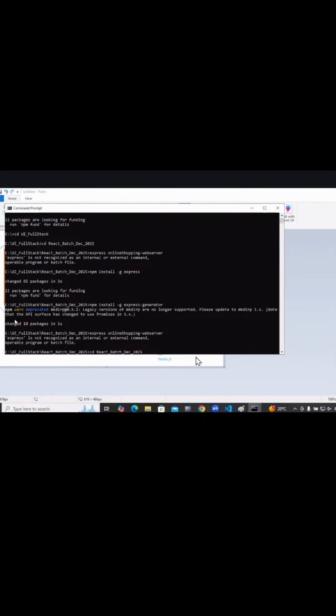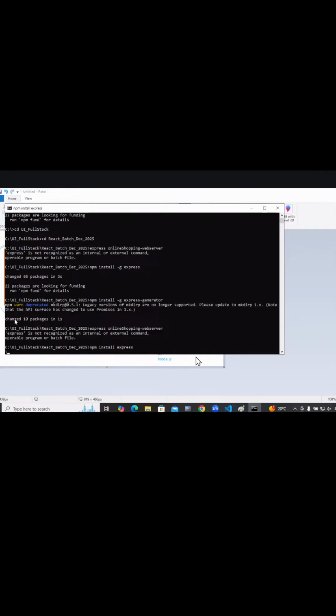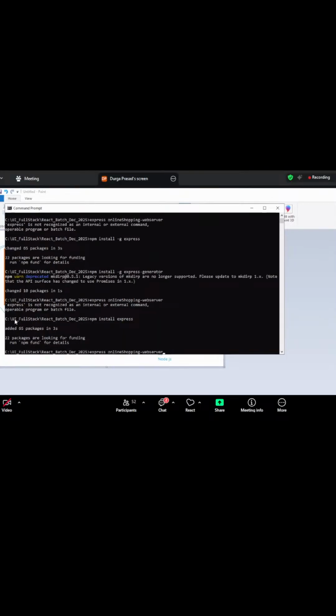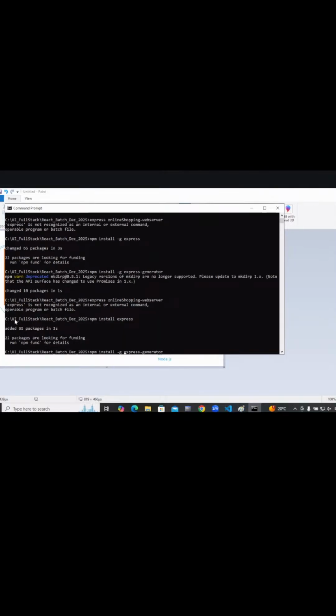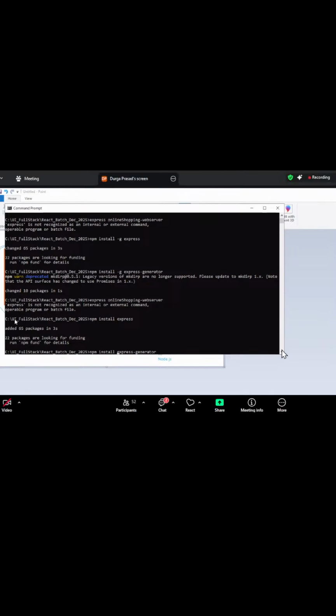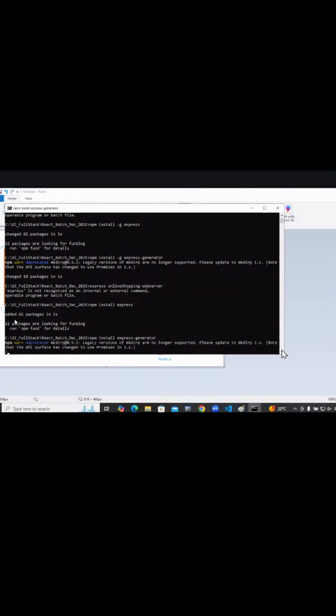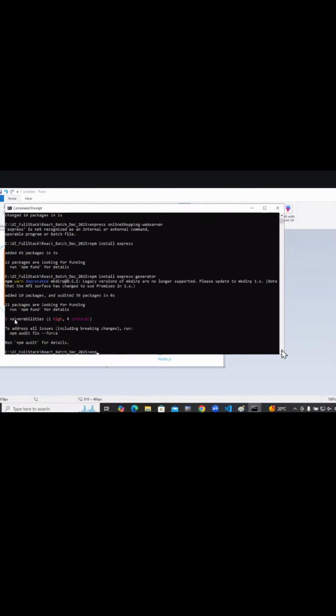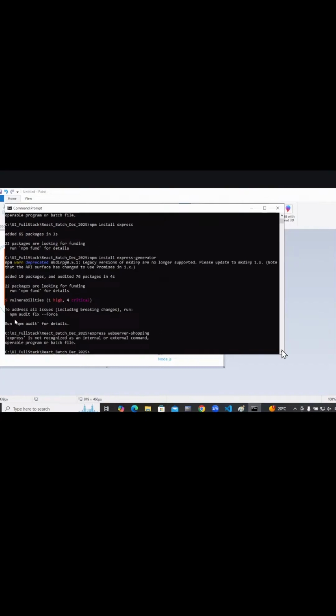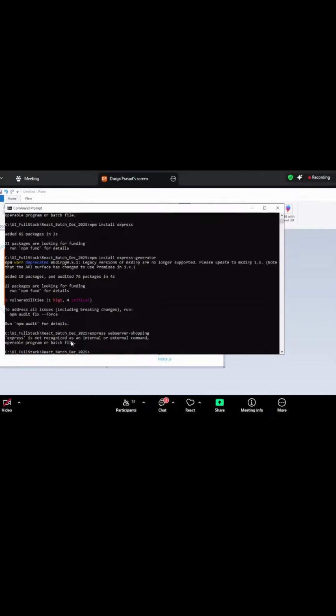Okay, let me do that within this local folder to not waste time. If I say npm install express, it will be only under this React batch. Wait, what the hell? Express is not recognized as an internal or external command. No operable batch file. It should be working.